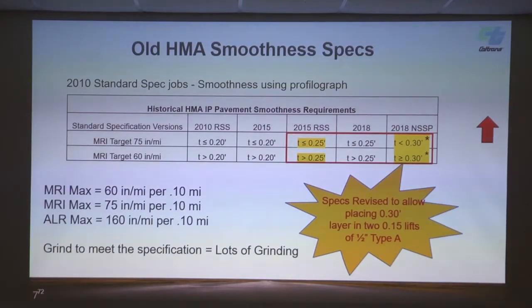Smaller aggregate, a lot of people don't like that, but that's how the spec reads now. So if we have a 3/10 lift, we can do two lifts. That's going to be 2 opportunities to promote smoothness, which was one of the other reasons. Are there any questions on that? There might be a question on this later, so remember that answer.